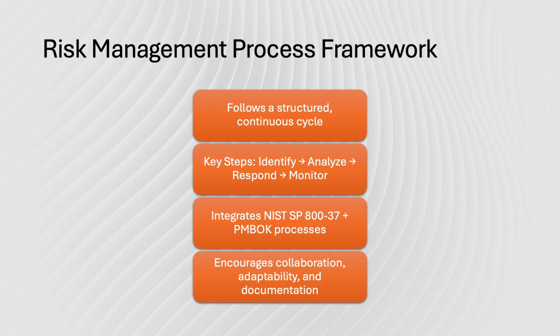Quantitative analysis goes deeper by measuring potential outcomes numerically, for example, estimating the financial loss from a potential data breach or calculating the time impact of a delayed training rollout. These steps allow the team to focus attention on high priority risks that have the greatest potential to disturb project